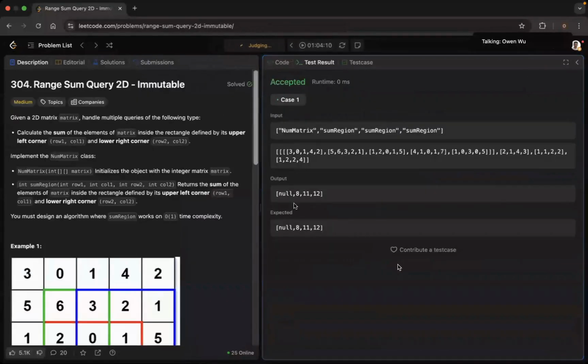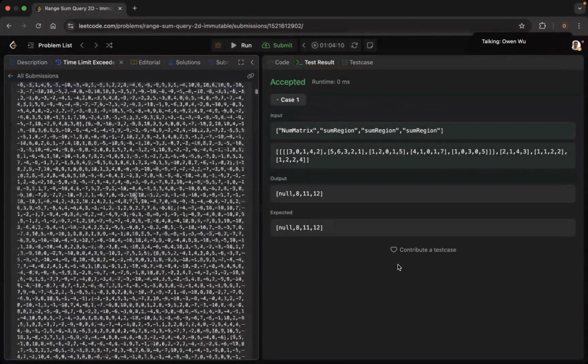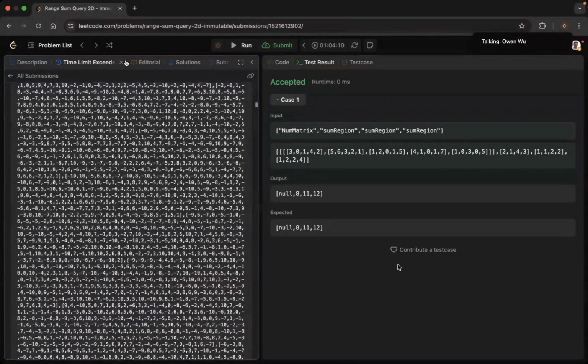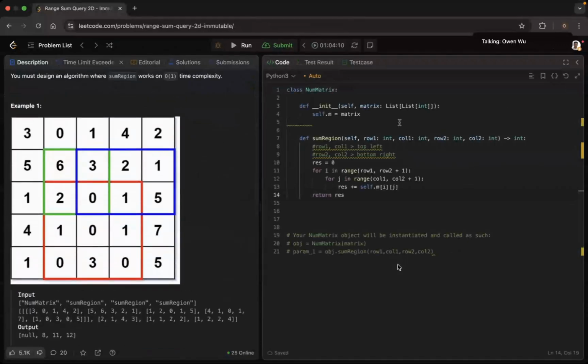This is fine, but it's going to time out because this is O of n squared. As you will see. It's still loading, right? So 15 out of 22, I mean, technically works, but the big inputs like this, it's not going to do it. So if you make some observations, let's play with some test cases and see what we can do right